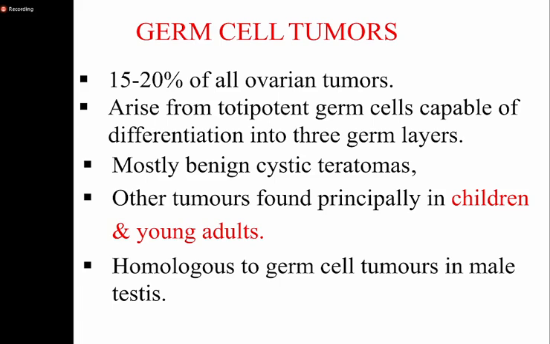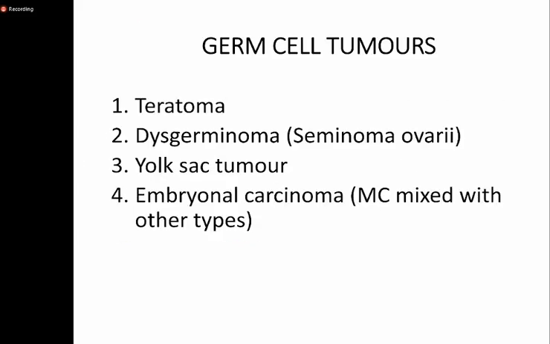So the largest group are the teratomas. The majority, we've said, are benign tumors, followed by the less common dysgerminomas, or seminoma in the ovary, and the concomitant or similar tumor in the testes would be the seminoma. Yolk sac tumor, embryonal carcinoma, or carcinoma can be mixed with other types. So the embryonal carcinoma can be a very, very complex tumor because it can be pure or mixed with other